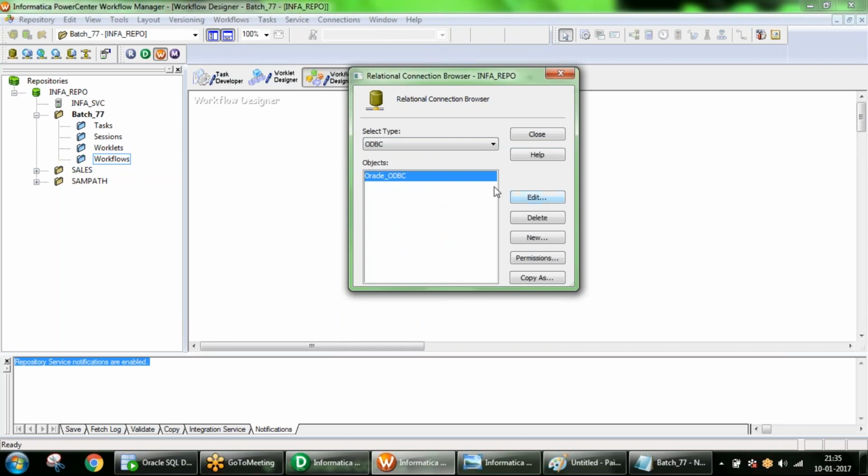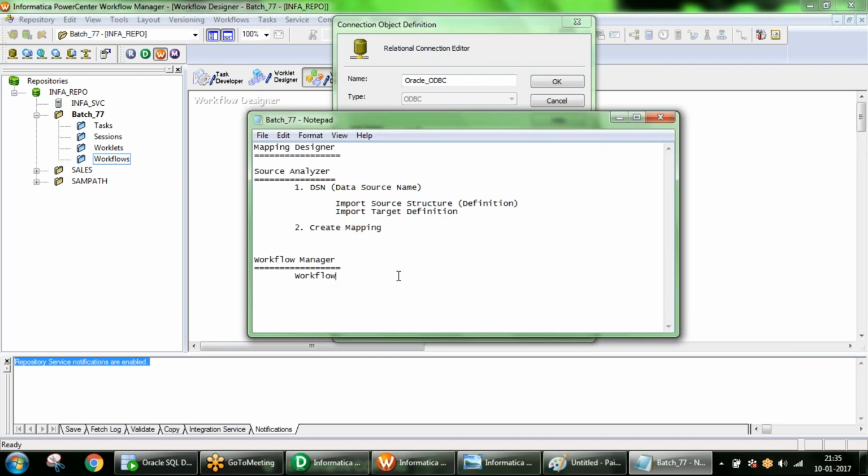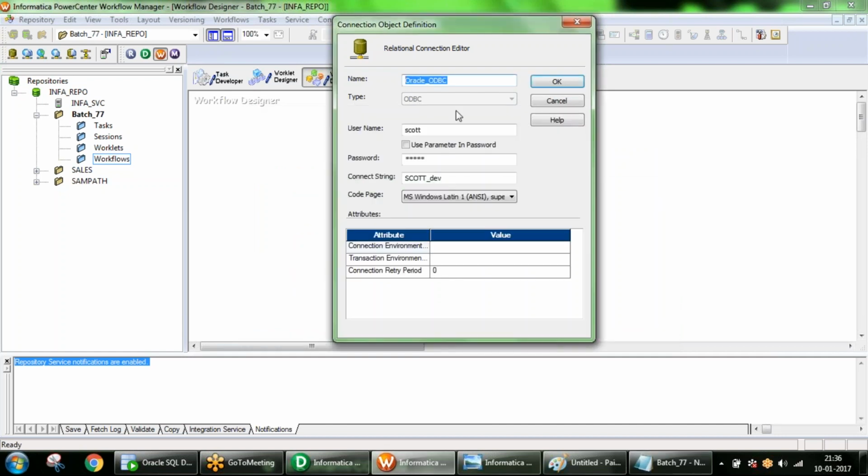Here if I click, it's already a created one. If you click, it is going to open a window. Then you provide a name for it. What is the connecting string? First we are going to create a one-time activity, connecting strings, then we are going to create a workflow. What is the purpose of the connecting string? We provide the database user ID and the connecting string name, the database name and everything.